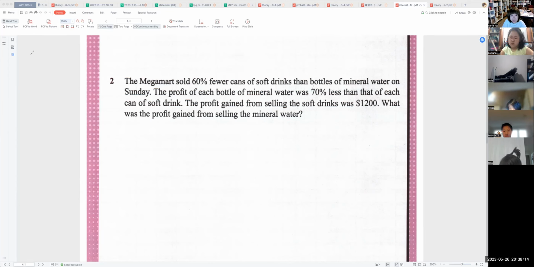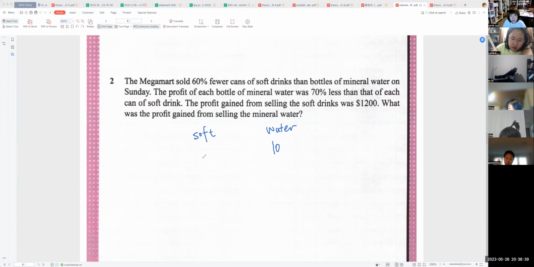现在刚找到。哦，找到了。OK。The Mega Mart sold 60% fewer cans of soft drinks than bottle of mineral water on Sunday。这句话什么意思啊？也就是说，如果他卖了10瓶水的话，那 soft drink 他卖了多少？是不是4瓶？Correct, everybody？好，那有些小朋友说，老师，你为什么不用5啊？你还是一样的嘛，对不对？我最好用100和40，是不是也很简单，对不对？1和10、10、100这些都是特别好，对不对？The profit of each bottle of mineral water was 70% less than that of each can of soft